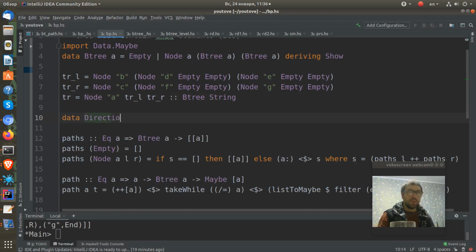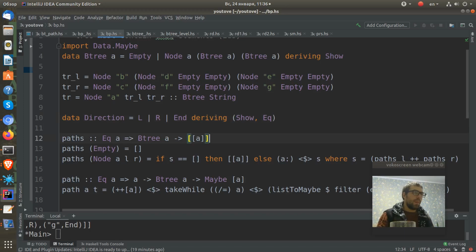I will call it Direction, and this is a simple type which is either Left, or Right, or End, and I will derive Show and Eq for it,